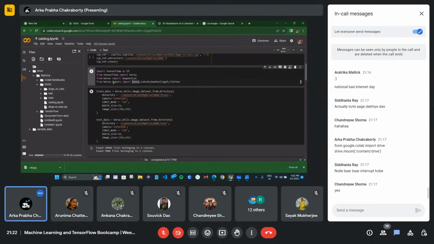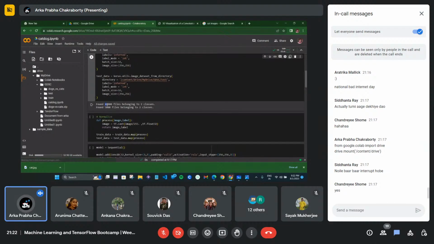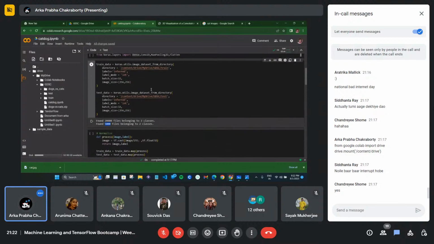See, I have 20,000 images, right? If I send my images, 20,000 images at a single time, that means I'm pushing 20,000 at once, so huge computation power will be needed. That's why we need a batch size.